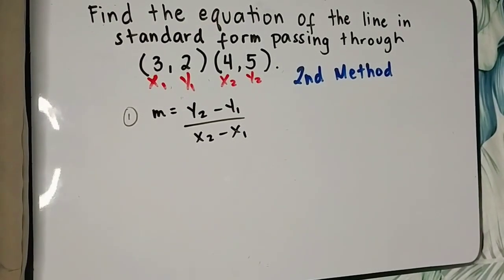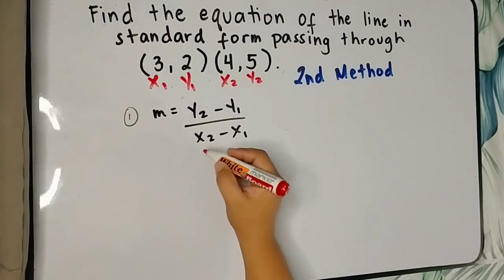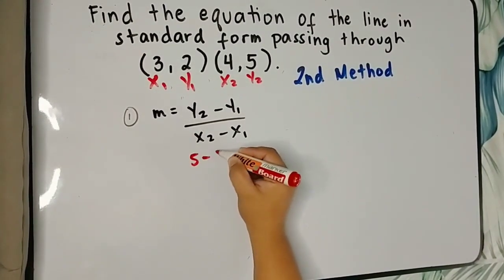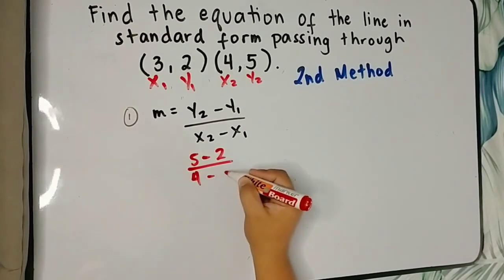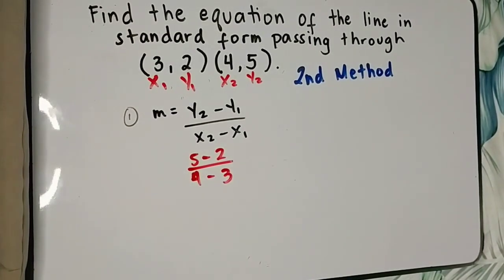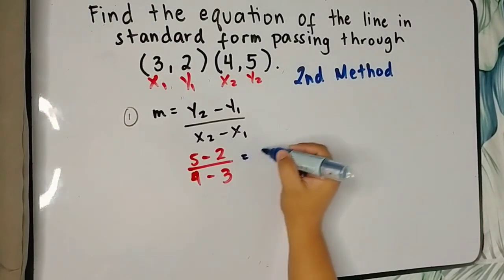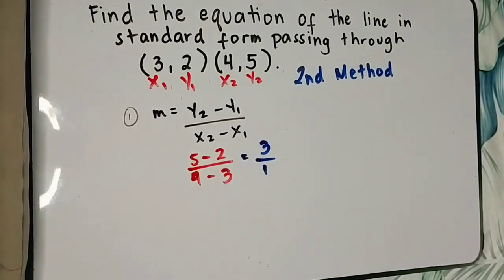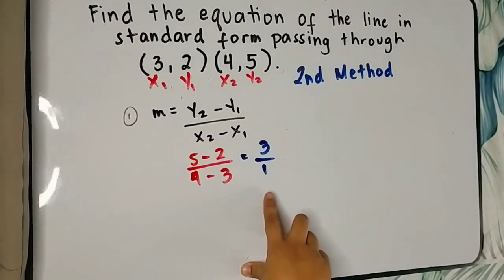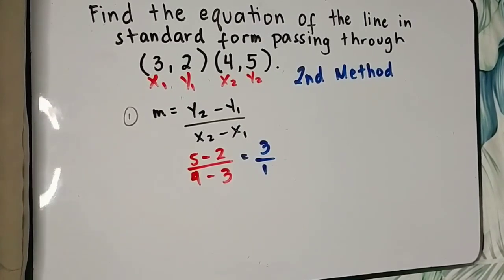So, let's solve. m equals y sub 2, that is 5 minus 2 all over 4 minus 3. So, 5 minus 2, that is equal to 3. Then, 4 minus 3, that is equal to 1. So, we don't need to simplify this one because we're going to take the fraction form, right, in our second method. So, since we have now the slope,